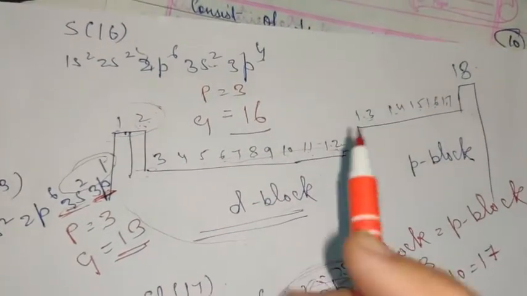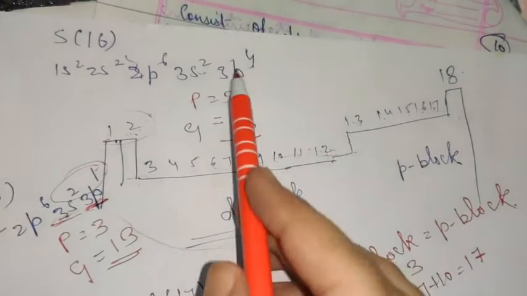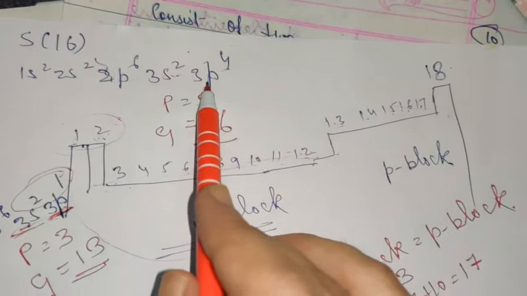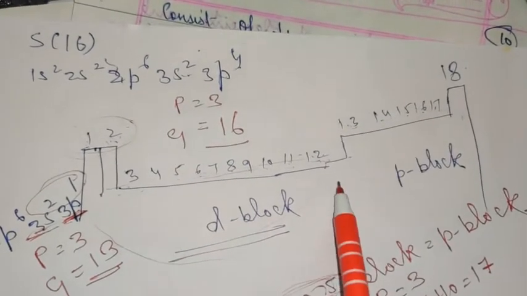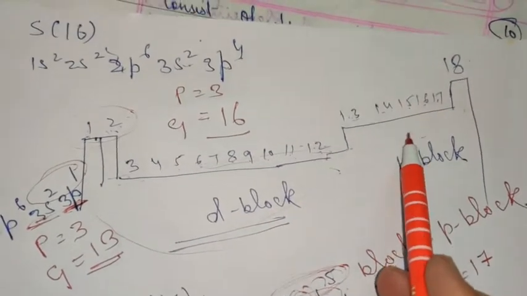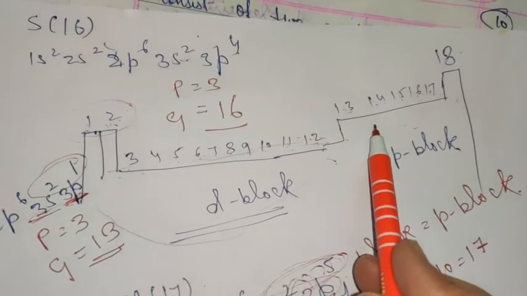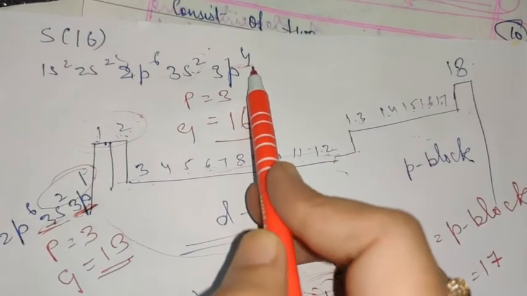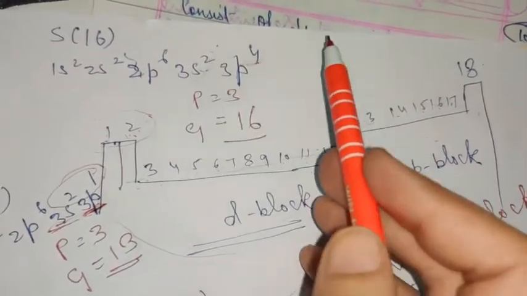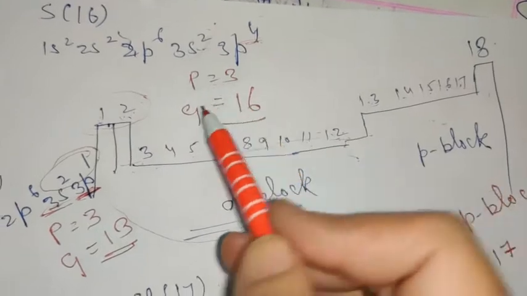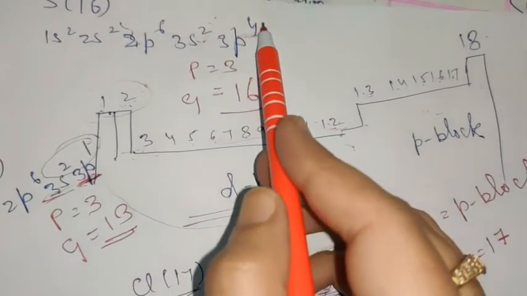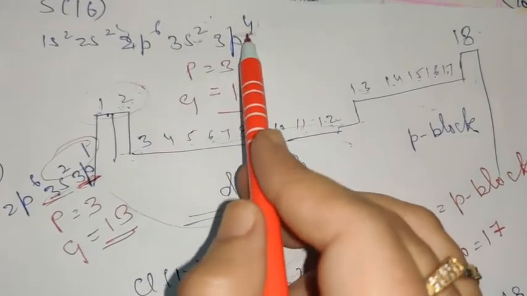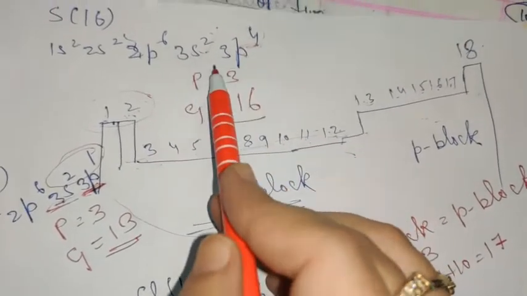So in short, you can say that the total number of electrons in the outermost shell plus this 10 gives you the exact group number in which the p block element is present. Or if you are skipping this, then to this value you need to add 12. Okay, so whatever way you can remember, choice is yours, but I feel it is more convenient to find the total number of electrons in the outermost shell and then add 10 to it.